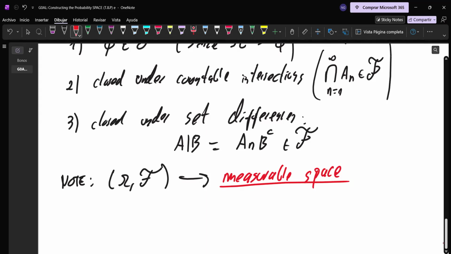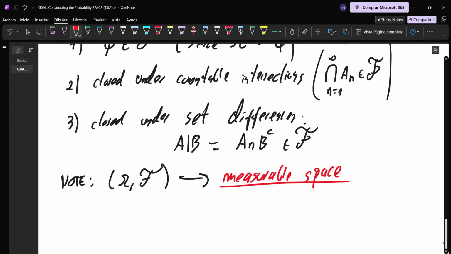And with this we have the Borel sigma algebra. If you take a course of measure theory, yes, I know that most people in this course come from financial maths. This is the idea. But if you are a mathematician and you take measure theory,